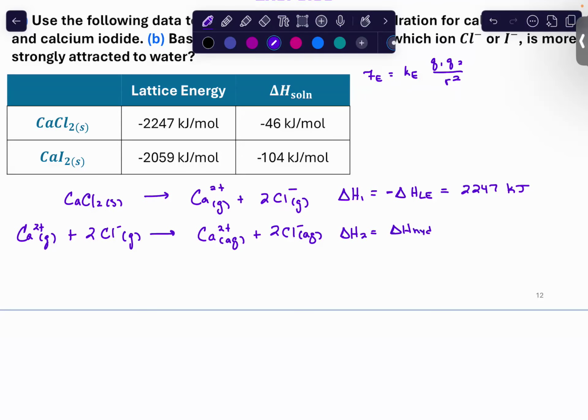That's our enthalpy of hydration, and we don't actually know that. We're trying to figure that out. So then by Hess's law, I'm going to just add everything together. And so you notice that my gas phase ions are the same on both sides. So when I add this,